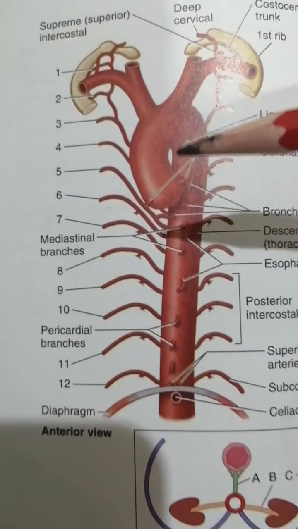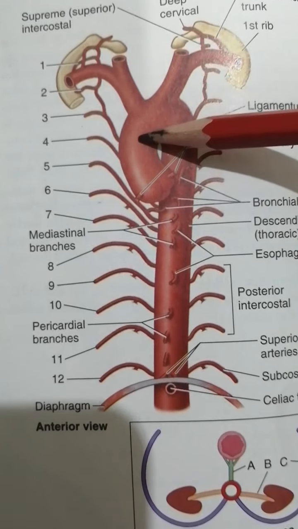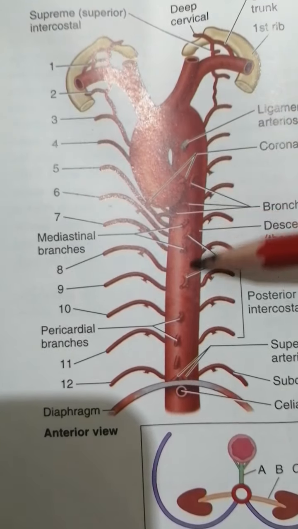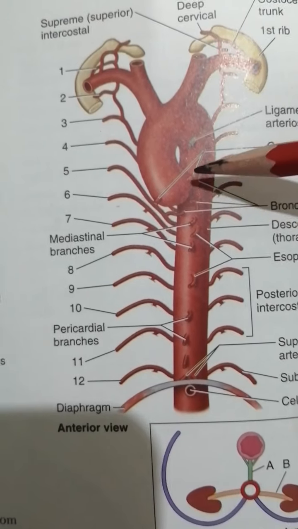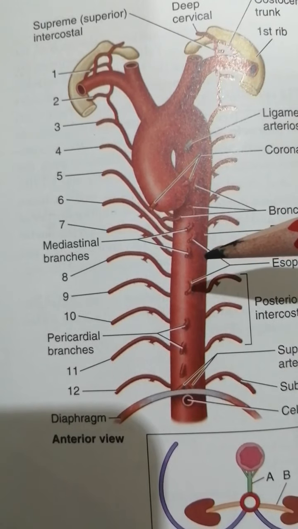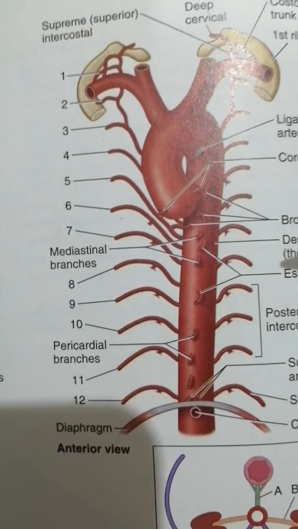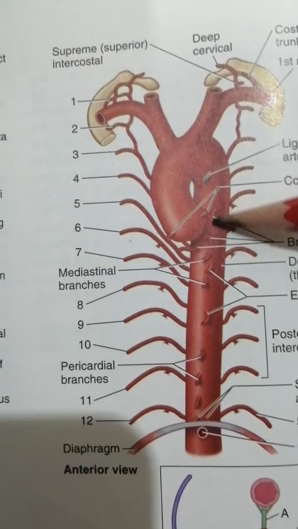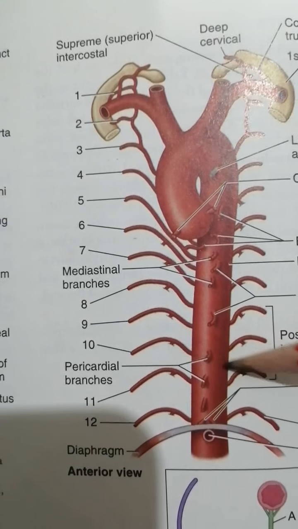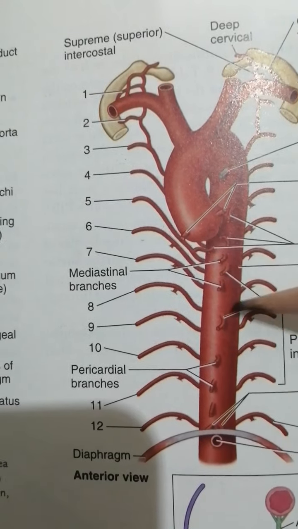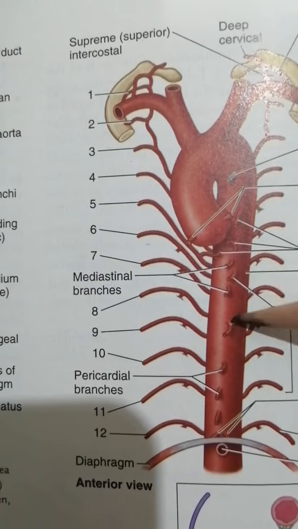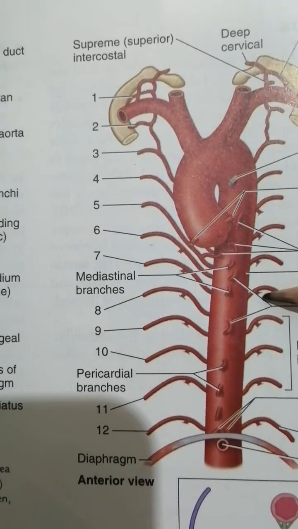Here is the diagram in which you can easily see that there is the ascending aorta, then the arch of aorta and then the descending aorta, okay. In the descending aorta, we said that we divide this descending aorta by 3 vascular planes, so can we memorize it easily. This is the anterior plane. You can see here that there are the esophageal branches that are coming. They are unpaired branches, and on each side there is the